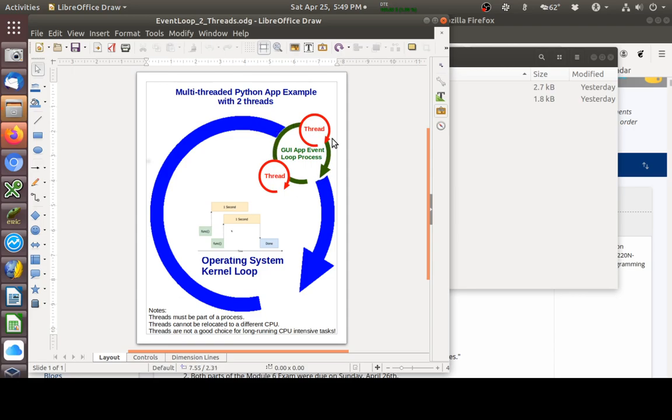So using the Python threading library as is, as tried in the textbook, does not work well, because you're taking something that was written for Python that doesn't take into consideration the GUI Qt event loop. So you're much better off, if you're using Qt, to use the Qt approaches to threading,